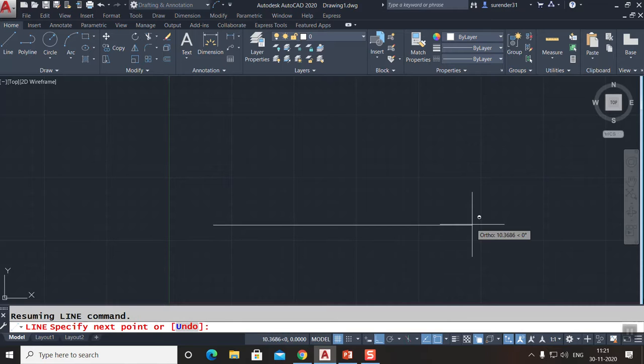Now let's understand how to use the extension OSNAP mode. Extension OSNAP mode can be used only for linear objects. For an example, I need to locate a point from the endpoint at a distance of 1, or from here at a distance of 1. So I give the line command and I say extension. Again, the first three characters, you type EXT for extension.